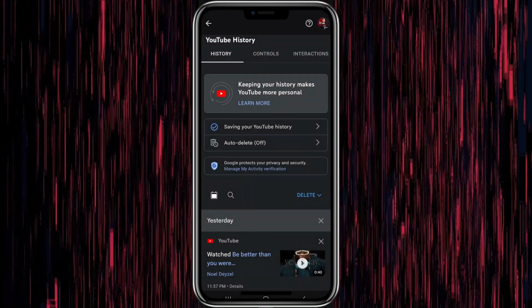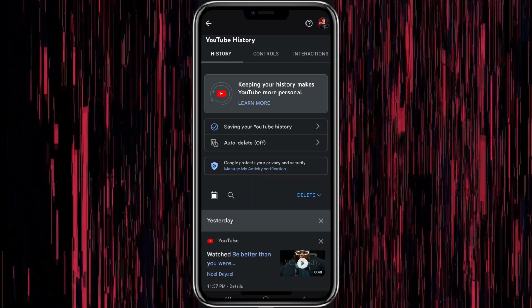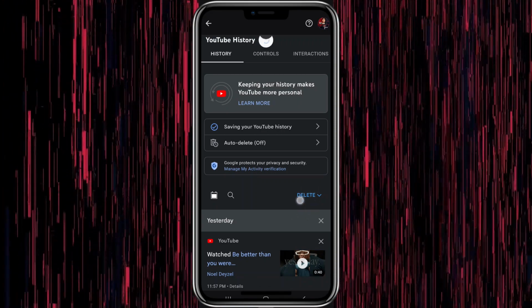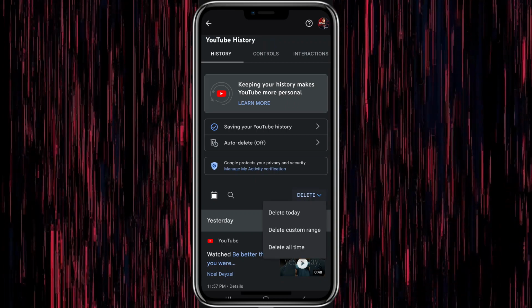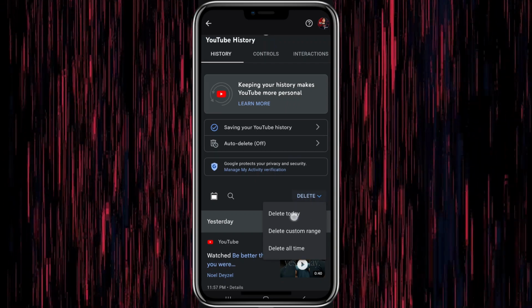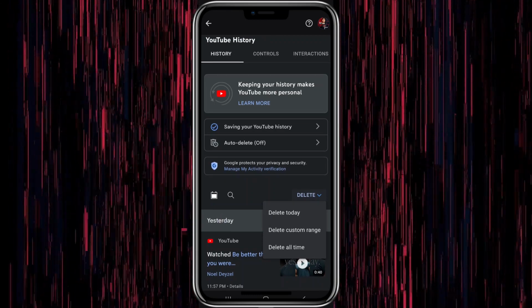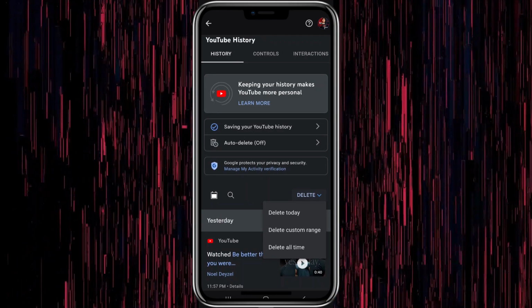After clicking on this, you will land on this page like this. After that, you can see here is an option, delete. You have to click on this delete option right here. After clicking on this, if you click on the delete today option, YouTube will delete today's search history and watch history